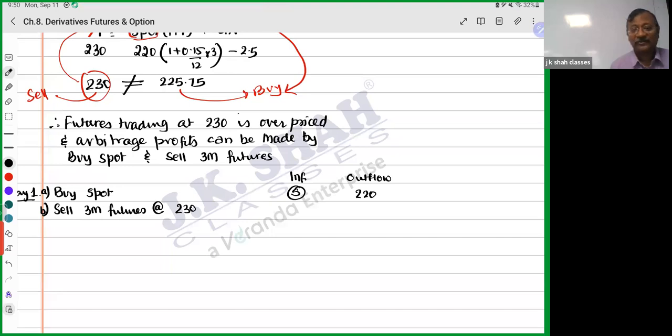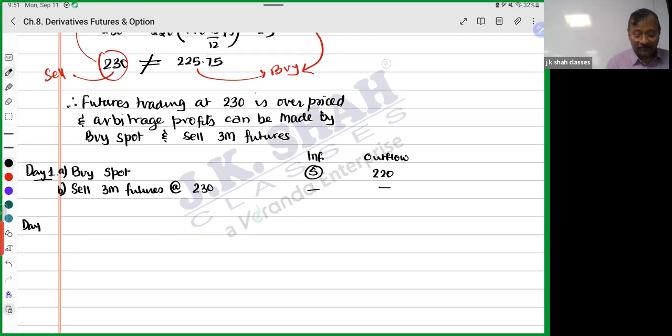This will be an inflow or an outflow? Inflow? Nothing. Because understand, you are entering only into a futures contract. Now I'll say, sir, margin. Margin, I won't consider, boss. वो जाएगा, वापस आ जाएगा. उसका interest I'll consider, if at all there is. Otherwise, entering into a futures contract, no inflow, no outflow. Right. Okay. Then,